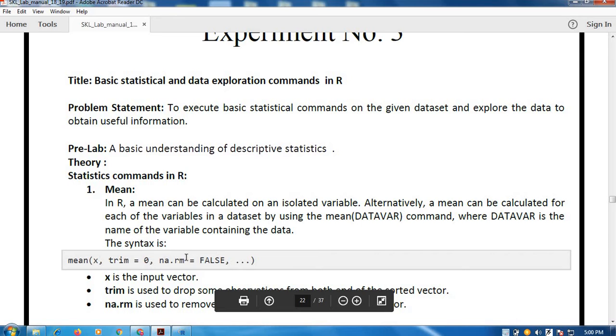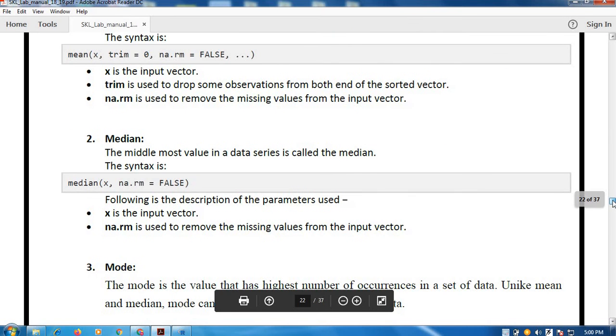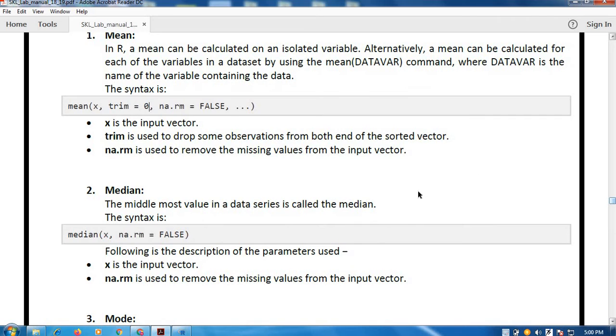So if you want to skip such NA values and find out the mean, then you should set na.rm equal to true. That means if it is true, you are removing the NA values and then taking the mean, and if you keep it as false, then you will get the average as NA. So here x is the input vector, trim is used to drop some observations from both ends of the sorted vector, and na.rm is used to remove the missing values from the input vector. Okay, so let us